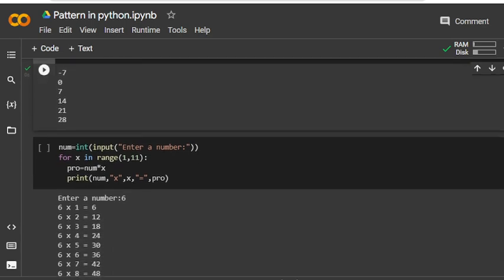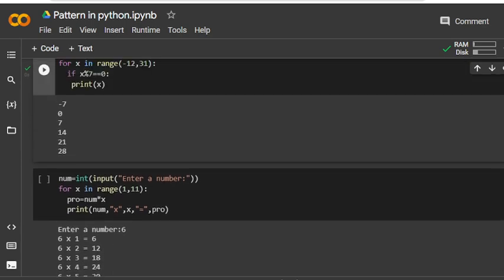Next, if you want to write something like this: num will equal to int, parenthesis, input, "enter a number", for x in range 1 to 11, pro will equal to num multiplied by x, so print num, x, and x will equal to like this one. So we can create here